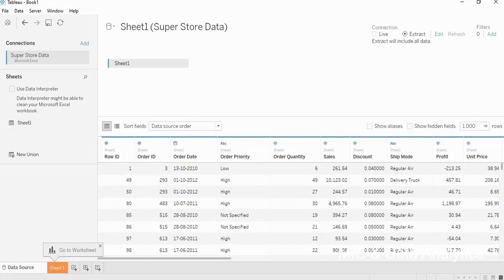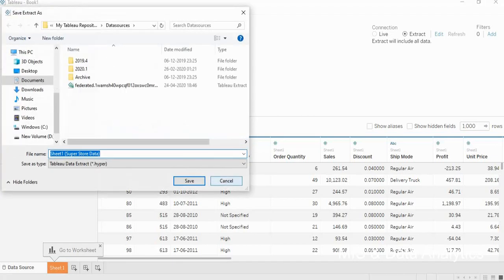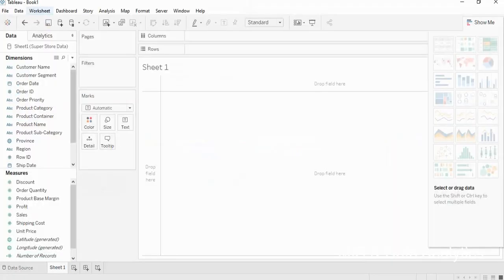If I don't want to work in online mode, you have to use the data in extract mode, and go to the sheet first, where you can analyze much more data. And there is an area where you can create different types of representations, performed in a company or any other corporate sector.